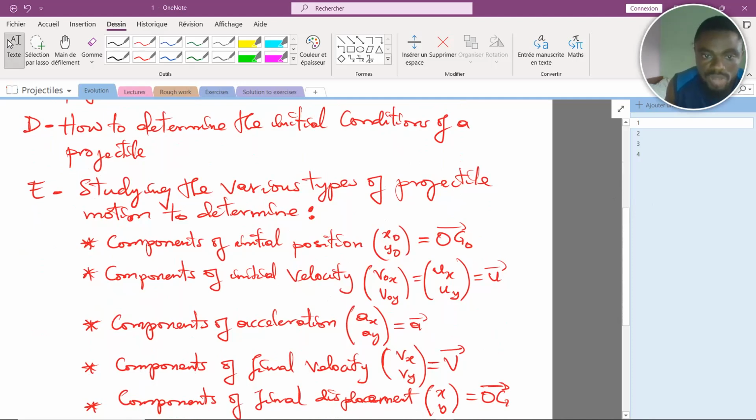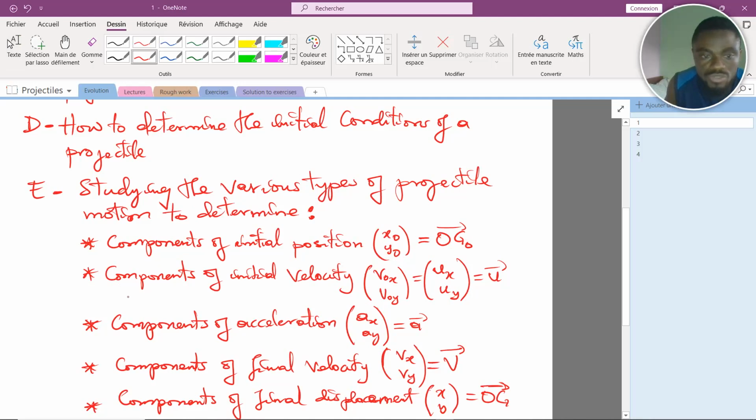one, the initial positions. That is, it's always denoted x0, y0. If you are in 3 dimensions, there will be a z0 inside here. In most textbooks it is called the OG0 vector. So we shall also